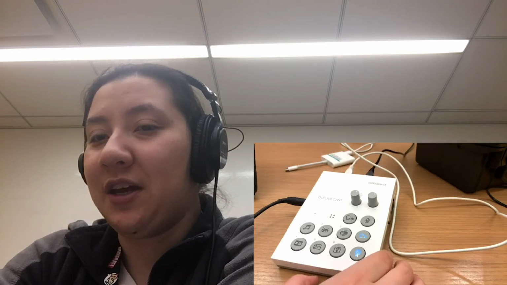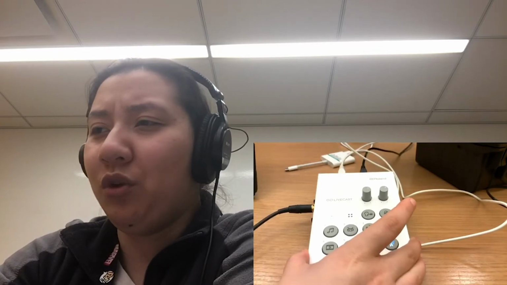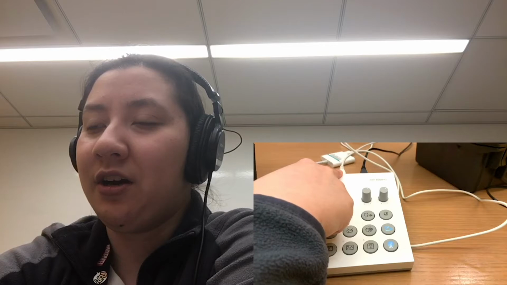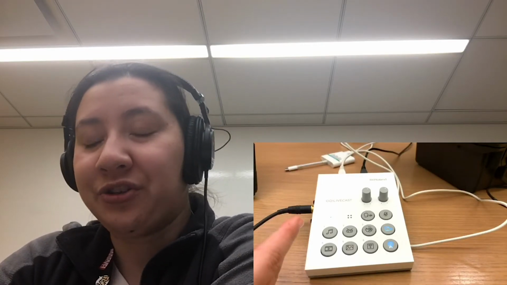So the kit comes in a Pelican box, which you can see in the corner right here, and when you open the kit up, it will have this little white box. It will also have a USB-C to micro USB cable and a Lightning to USB micro USB cable in the kit. One of those cables, depending on if you have an older generation iPhone or iPad or a newer generation one, we just have both cables in the kit for you so that lots of different devices can be used with this one. But that will connect your mobile device, or one of your mobile devices, into the actual Go Livecast